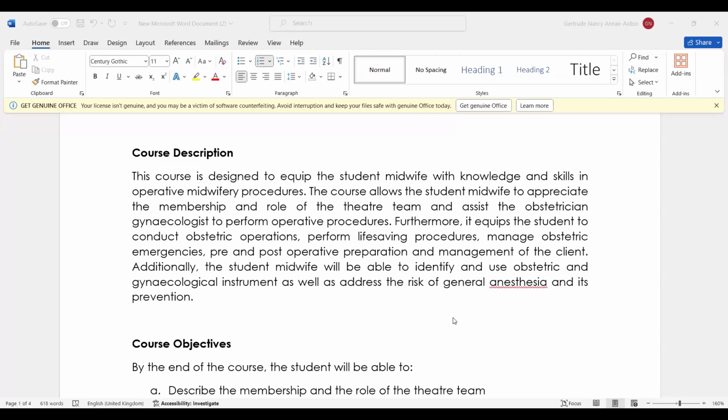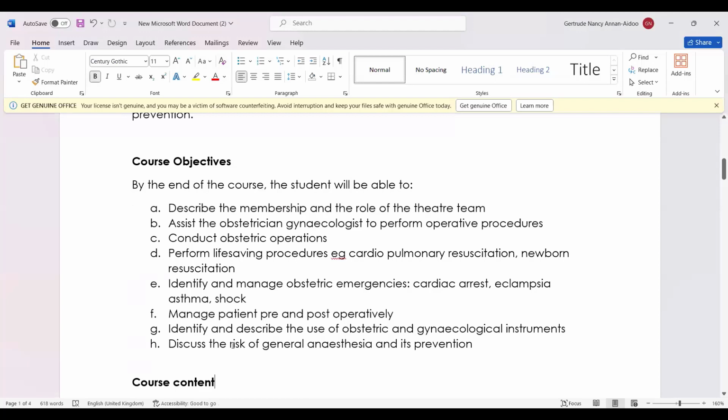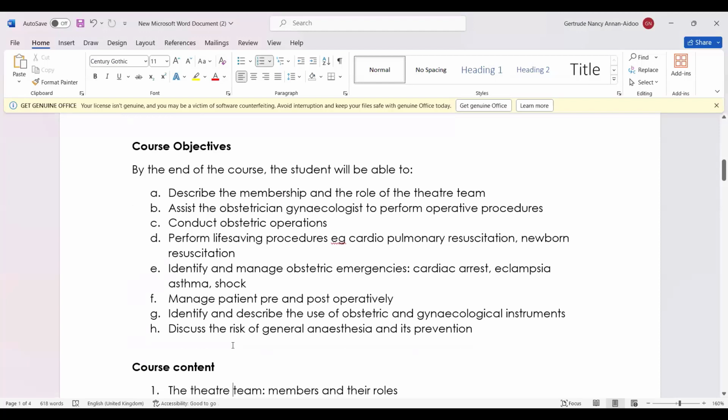Then when you go to the course objective, by the end of the course, the students will be able to describe the membership and the role of the theater team. So as we go along, we are going to know the role of the members at the theater. You know, when you get to the theater,